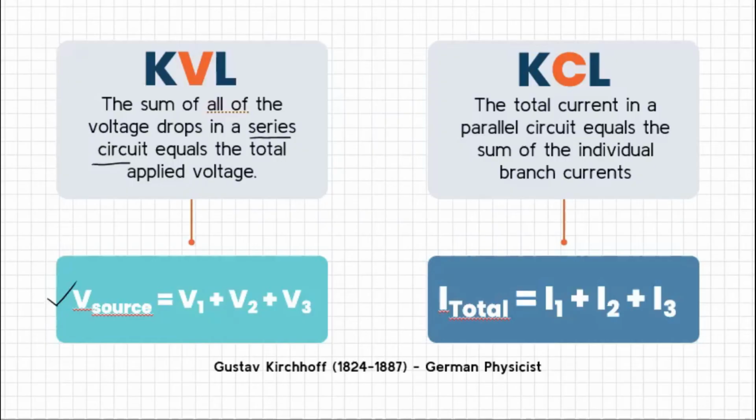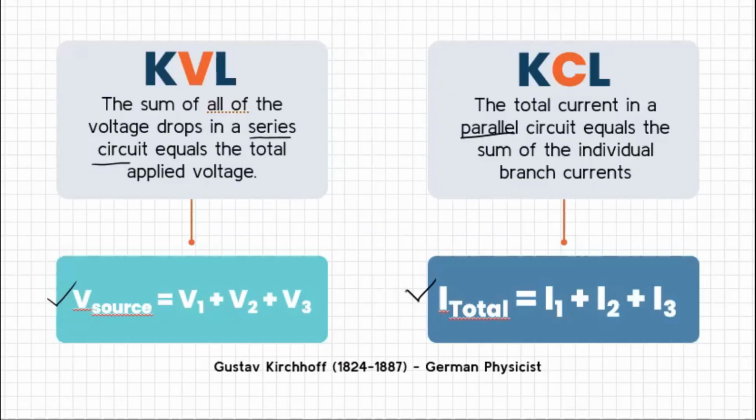It states that the total current in a parallel circuit, okay? So magagamit po natin to kapag parallel, is equal to the sum of the individual branch current. So ito yung concept na ginagamit natin for parallel where I total is equal to I1 plus I2 plus I3. Okay? So para mas madali nating ma-analyze kung KVL ba or KCL yung gagamitin natin on a given circuit,